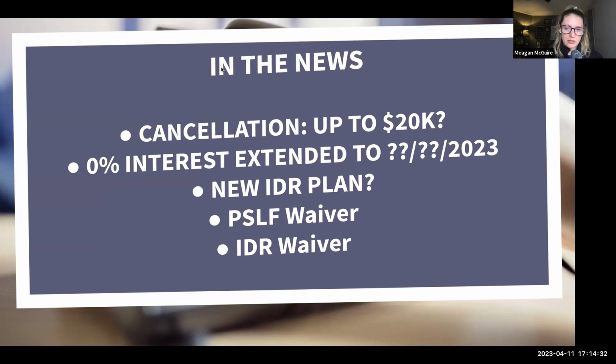So far, all the servicers are gearing up for August for people to be entering repayment, August or September. So I think at the very least, just be prepared for that timeline coming up in August or September of this year. So that's the latest on the 0% payment freeze due to COVID that started in March of 2020. So 3 years ago now, guys, we've had 3 years of 0% interest and no payments.